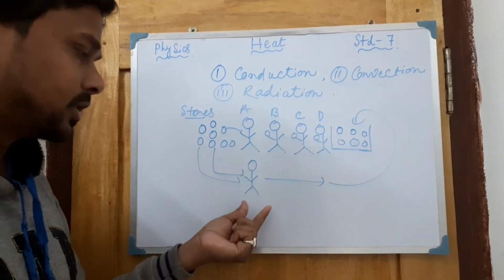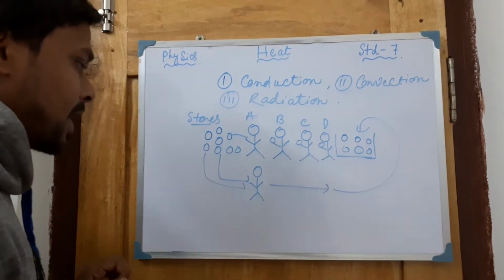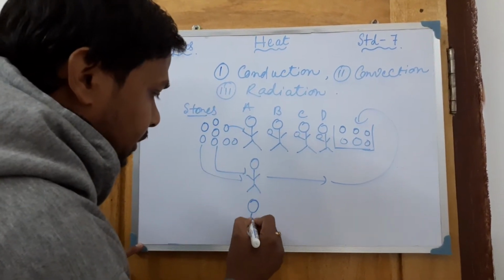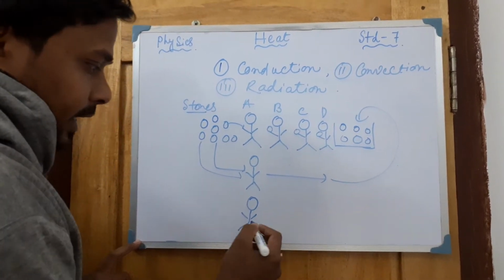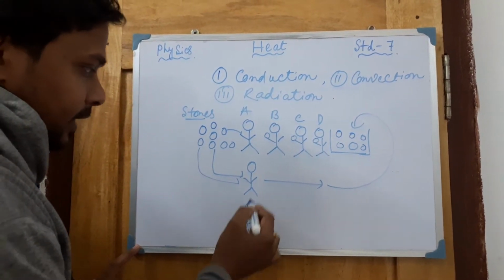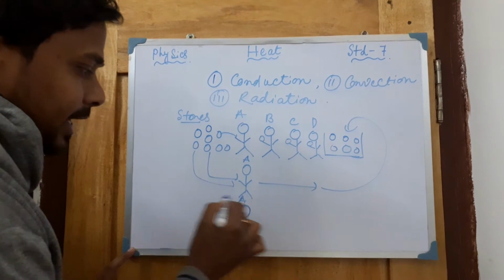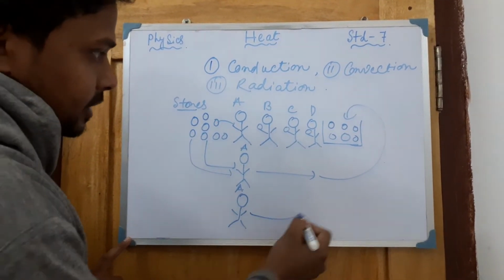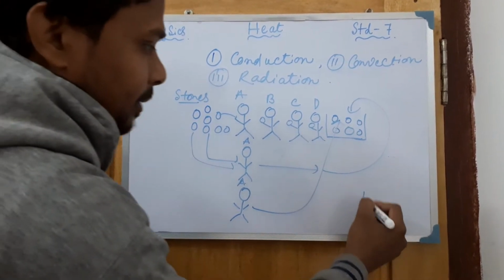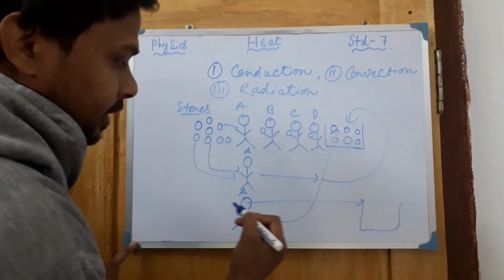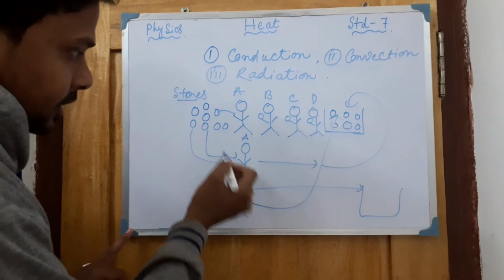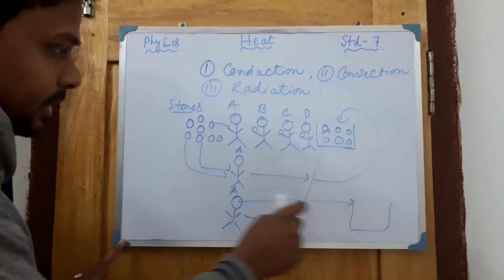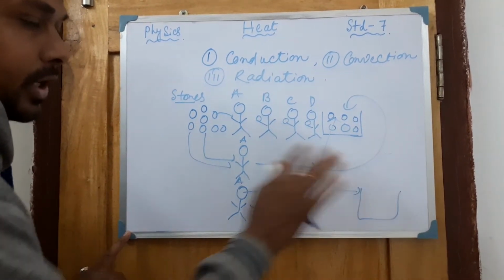This is the first process. This is the second process. Maybe you understand. Next one, the third process, which is what? He is not moving anywhere. This person A maybe, he is not moving anywhere. By one hand, he is taking one stone and throwing it here. Maybe the pot is here, so he will throw it here. Again he is taking one stone, throwing it here. Again he is taking another one, throwing it here.